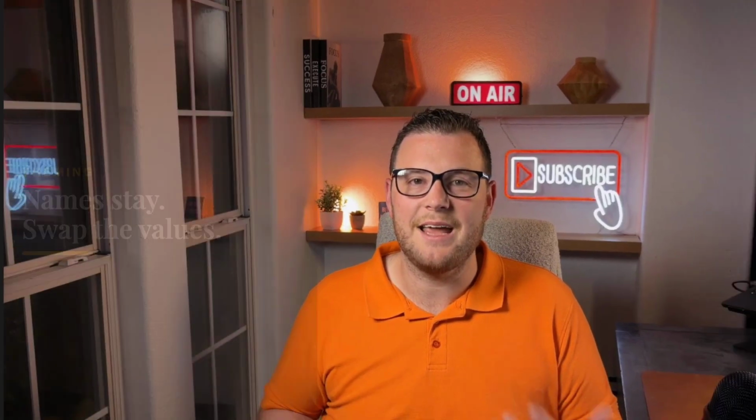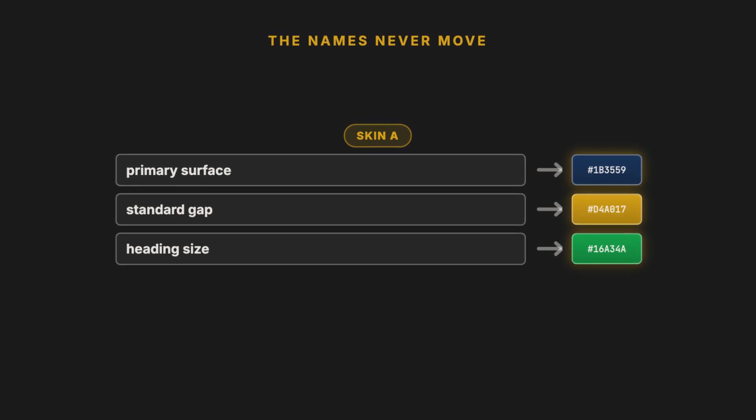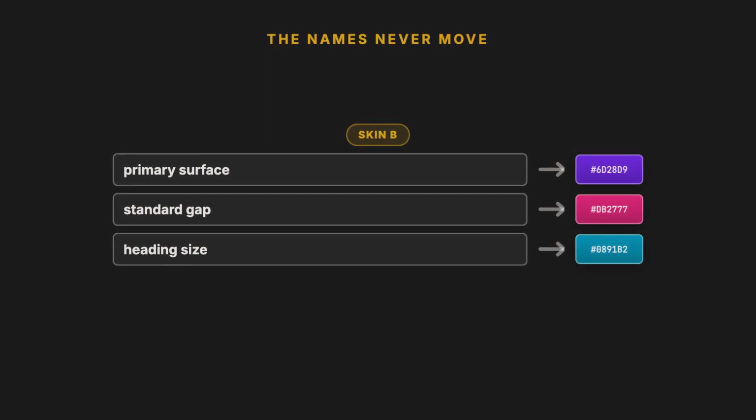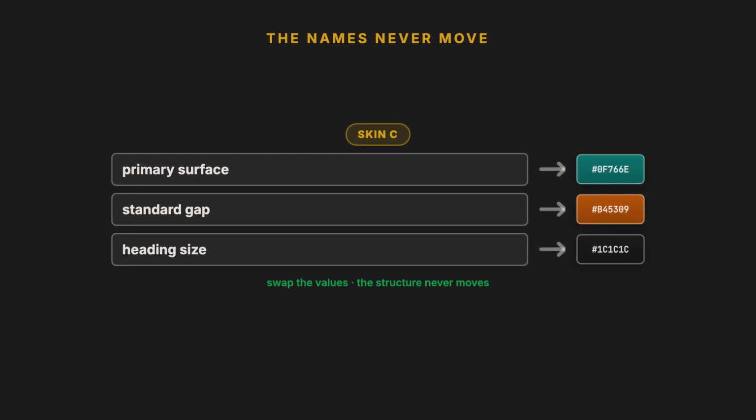Now here's the move that makes people's eyes light up. Theming. Because you separate the names from the values, a whole rebrand stops being a nightmare. The token structure stays exactly the same. Primary surface color still means primary surface color. You just swap what value sits behind each name. One structure, many looks: a different brand skin, a different zone of your app, a full rebrand for a client. It's swapping values against a structure that never moves,